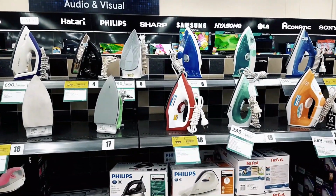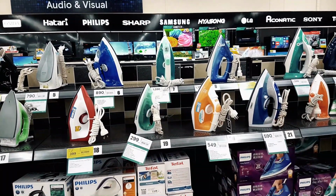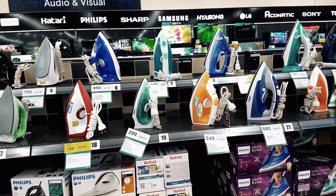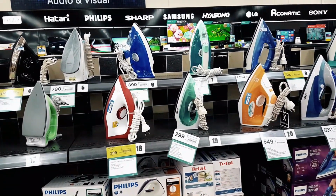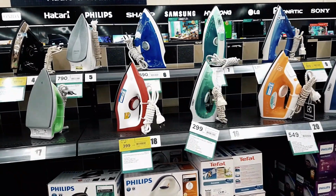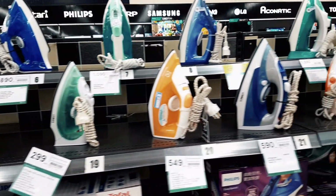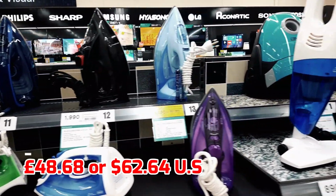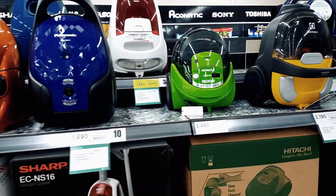Steam iron. If you're not going to use a laundry all the time, which is another thing, a lot of people, especially back in my country, you do your own laundry, you don't go to a laundrette anymore. If you're out here on holiday, yeah, you can use your laundry, but long term out here, you probably want to do your own laundry, so you might want to buy an iron. So they vary from sort of 299 baht up to the top of the range one there, look, just a shade under 19,000 baht. Hoover, if you want to buy a Hoover,